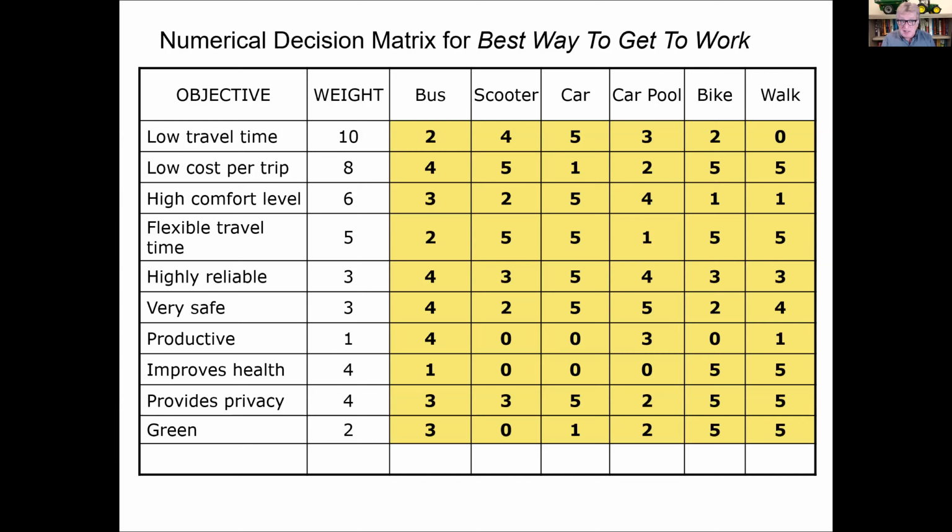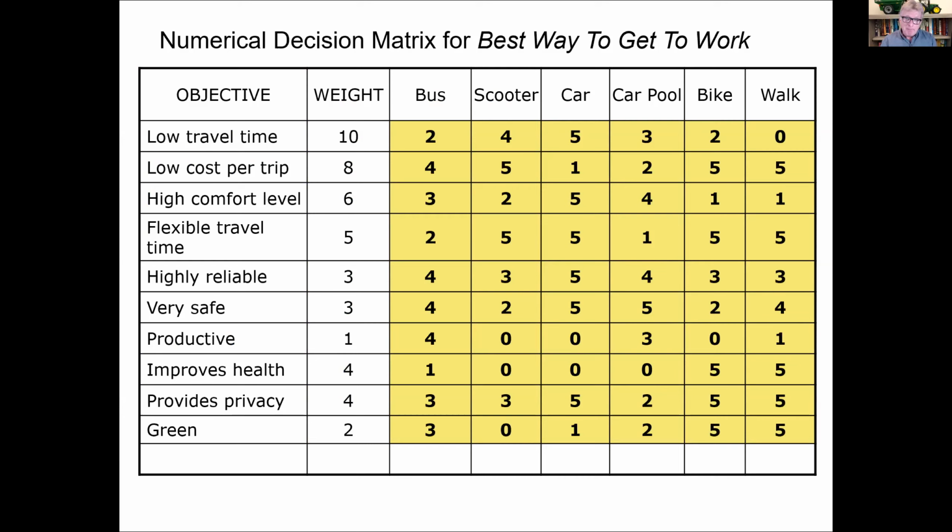All I got to do is get my hands on a bus pass. If you're a student, you may get either a free or a really low price bus pass. Comfort level. So again, in this case, a 5 is really positive. So car, like really low travel time relative to the other ones. And so forth. So 5 is high, it's a positive, and a 0 or a 1 would be on the